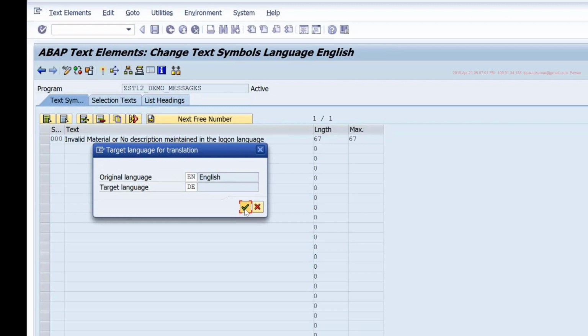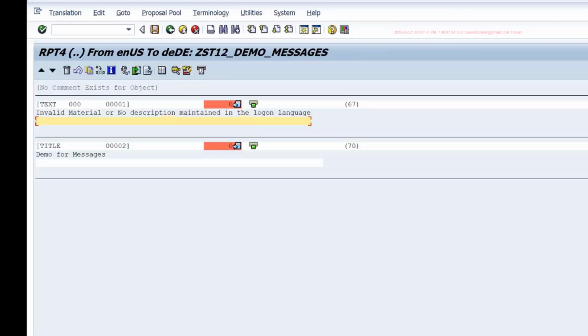Original language is English and target language is German, and you can use Google Translate. Generally, if this application is used by different users from different countries in their own respective languages, then the functional guy, when he's giving you the requirement, will also give you the translated text. So you simply copy and paste that text.